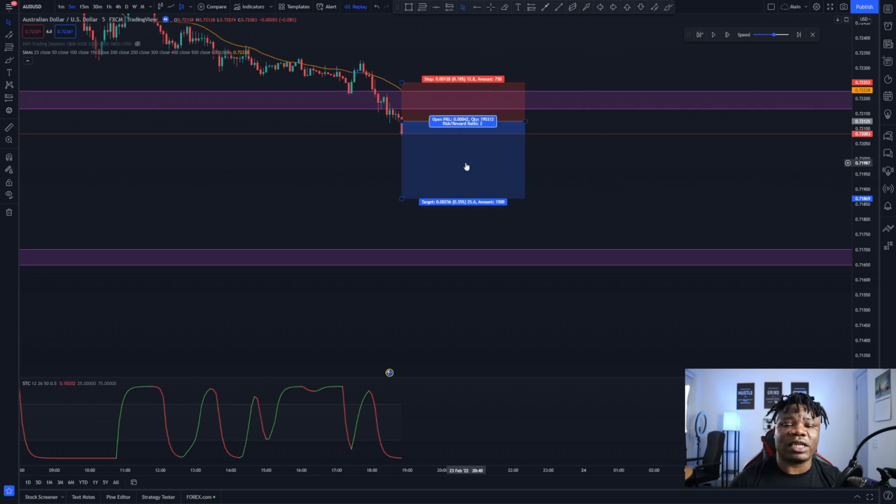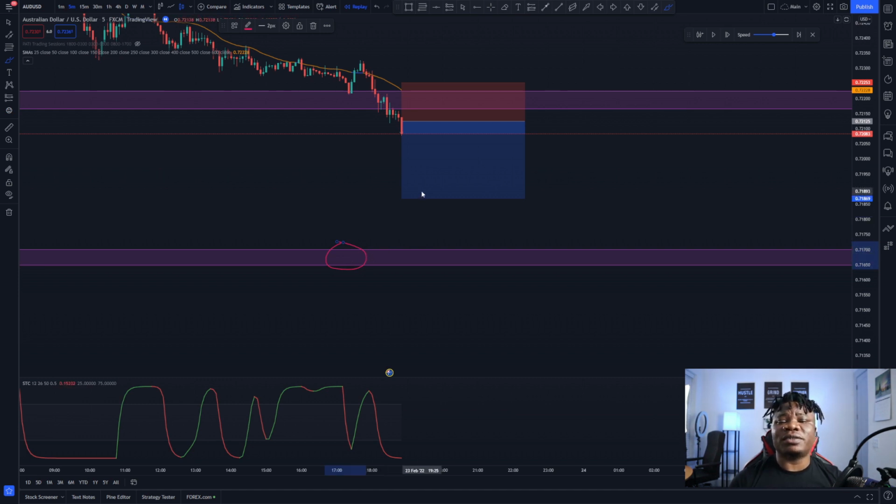So we're going to target 2 times our risk to reward, even though our final take profit is going to be right here, because we already marked this zone here on the 1 hour time frame. So we're anticipating that price is going to get to this zone here. The reason why we're targeting